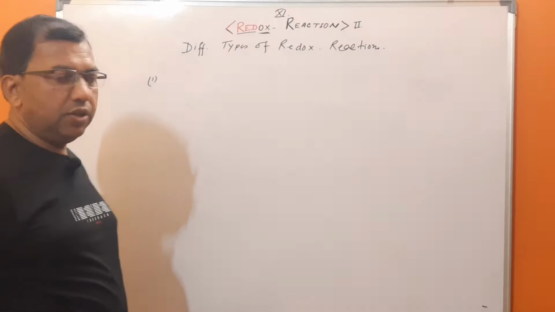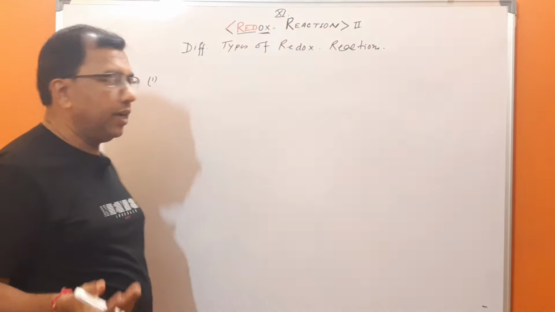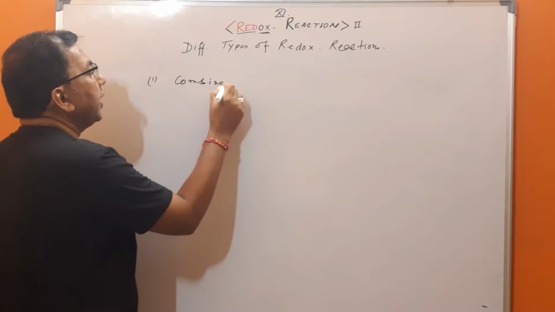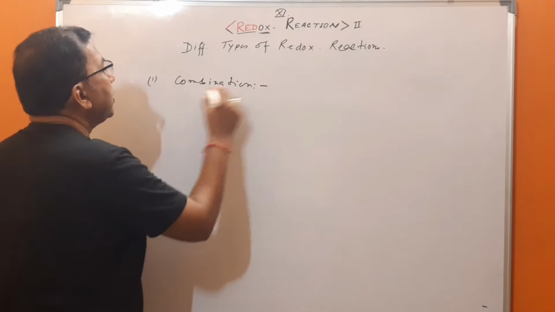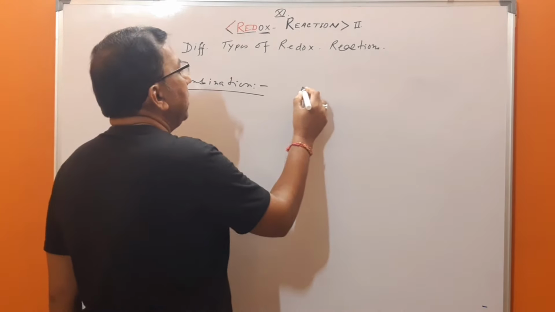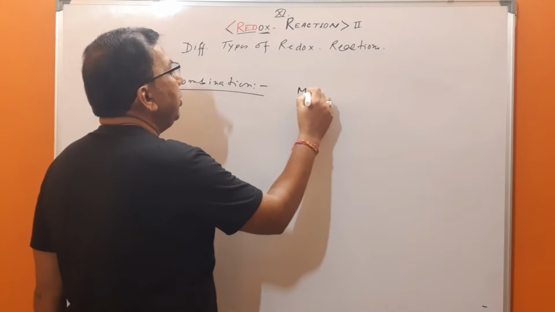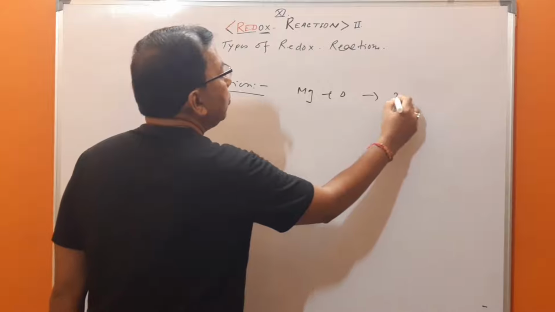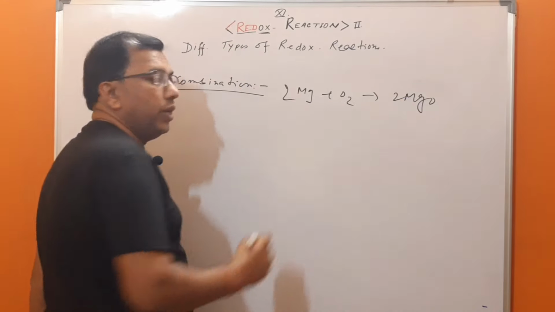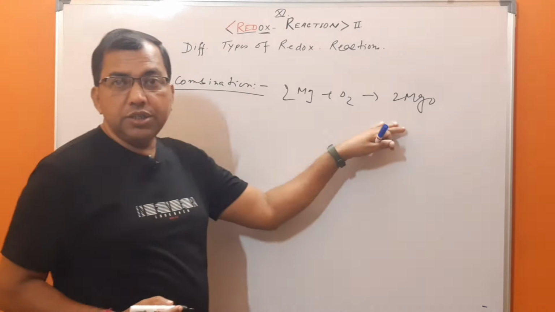It's a redox reaction. So what are the different types of redox reactions? There are mainly 4 types. First, the combination reaction. What is a combination reaction? You have learned it in class 10 also. That is A plus B equals C, for example 2Mg plus O2 gives 2MgO. This is both a redox reaction and a combination reaction. To prove it is a redox reaction: